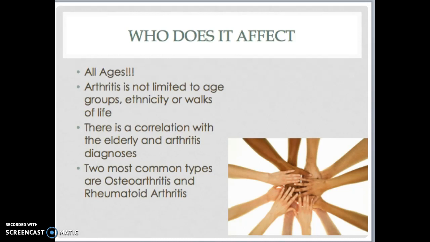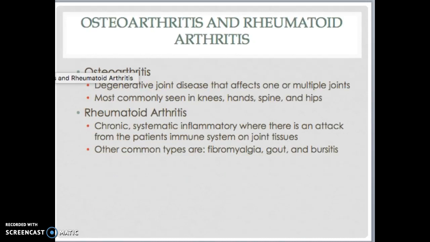The two most common types are osteoarthritis and rheumatoid arthritis. You've probably heard of them before, but those are two of the most diagnosed types of arthritis. So, osteoarthritis and rheumatoid arthritis. So, first off,